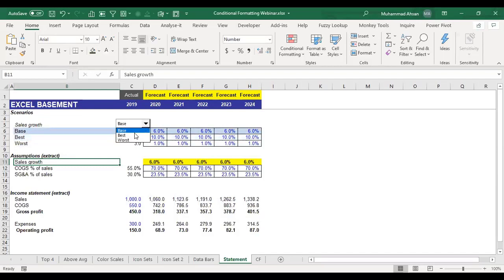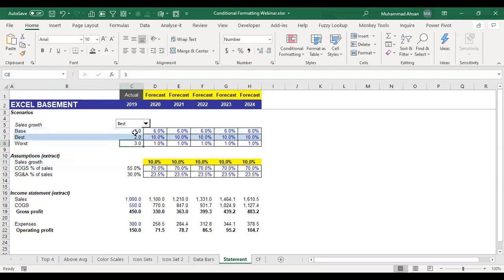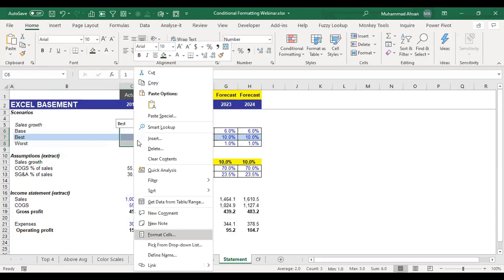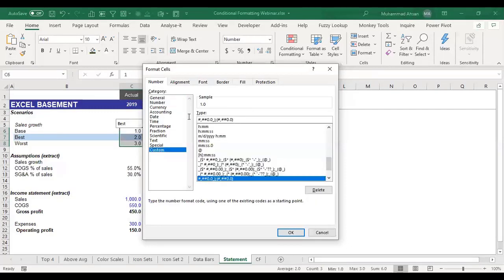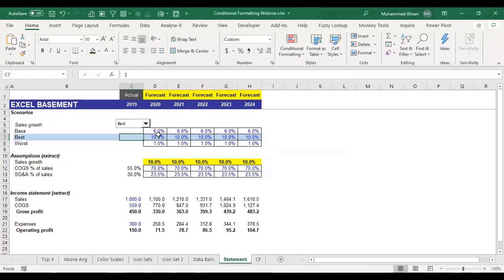The last thing would be that you want these 3 numbers not to be visible on the report. A very quick technique to hide these numbers is to select these numbers, right click, go to format cells, go to the number tab, click on custom, and then type 3 times semicolon. It will make them invisible. And now your report is ready. It also gets highlighted, and it also gets updated with respect to the percentages, right?